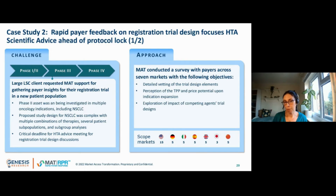The client had proposed a study design which was fairly complex. It had anticipated utilizing multiple combinations of therapies, several different patient subpopulations, and subgroup analyses. And they were facing a critical deadline for an HTA advice meeting for registrational trial discussions. So with this set of business objectives in mind, MIT conducted the survey with payers across 7 slightly different markets